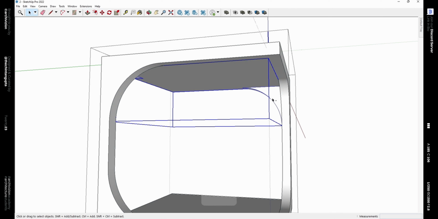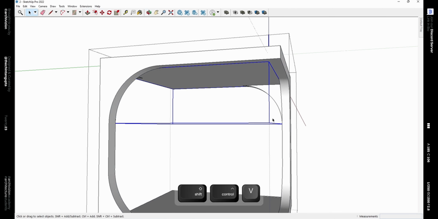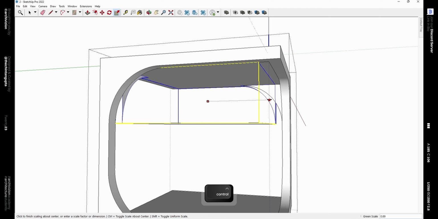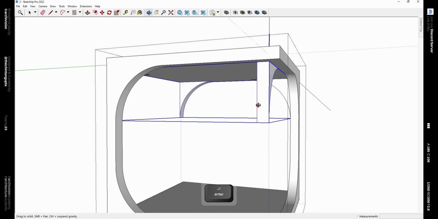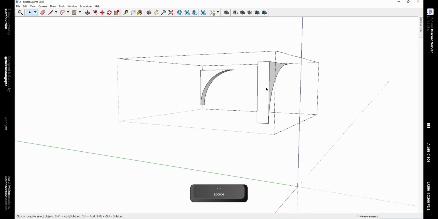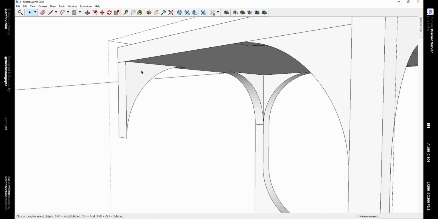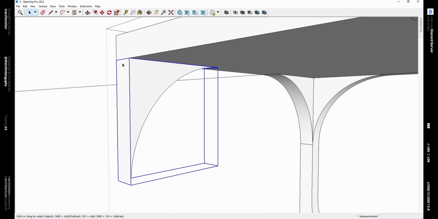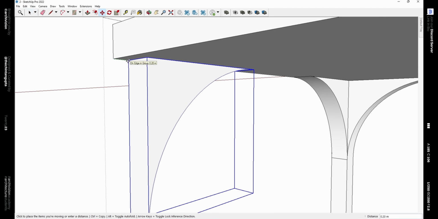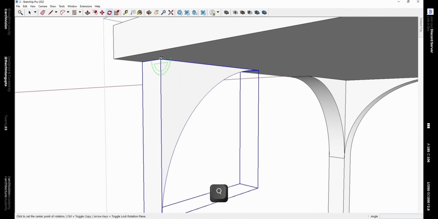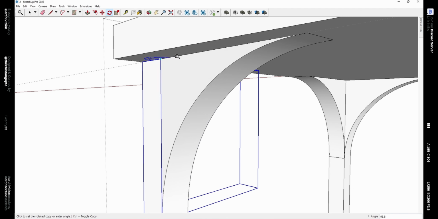Now copy this component and paste it in place and then scale it, and if we press the Control key, we'll scale it from the middle and then type -1 on your keyboard to mirror it like this. And we can triple click to select this arch. We don't need it, and delete it. Now you can see we have 3 arches. Now we can move this over by 400 mm. Also rotate a copy of it using the rotate tool and pressing the Control key and rotate it by 90 degrees.